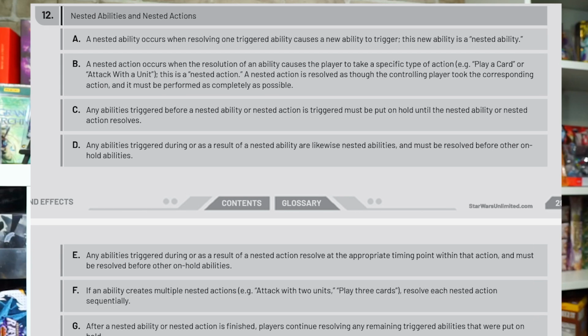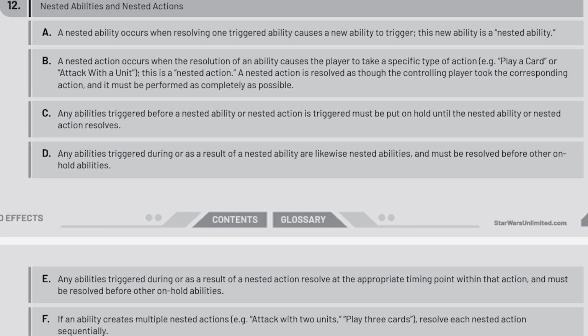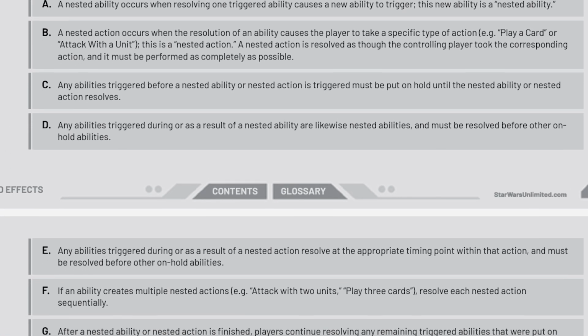In this week's Star Wars Unlimited video, we're going to be diving back into the rules one more time, and this time going over what I think is one of the most complicated sections of the rules for new players, which is nested abilities and nested actions. I've had a lot of questions about what these are, how they work, how to resolve them, so I figured